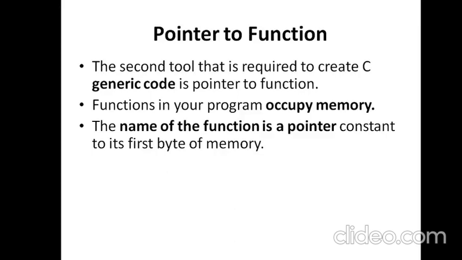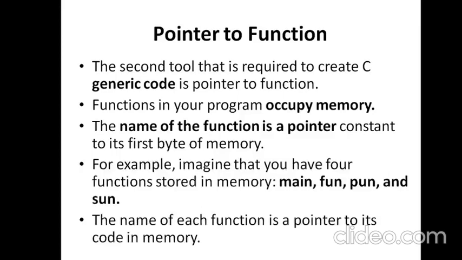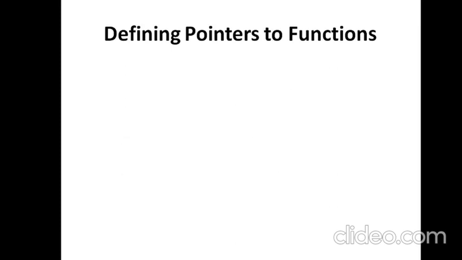And how do we access the base address of a function? It's similar to array access. For an array, the name holds the starting address. Similarly, the function name holds the starting address of a function. We can easily retrieve it and assign it to a pointer. For example, we have some four functions. Now we will have the pointers created with the name of the function. Automatically, every function name is inherently a pointer holding the base address of the function. So we can use it for creating pointers to the functions.